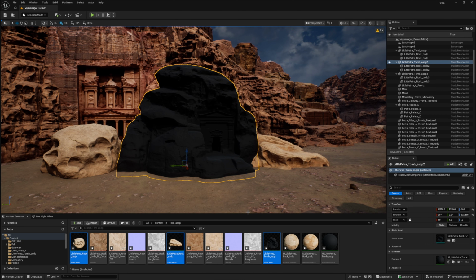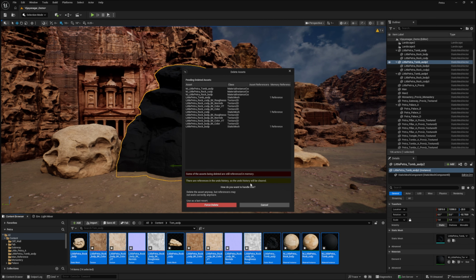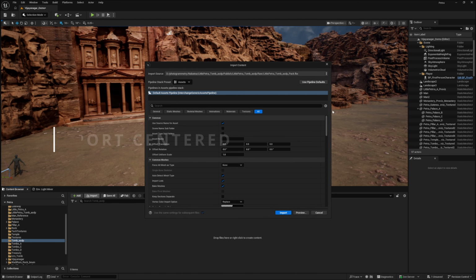All right, let's redo this. I'm going to delete all of these, and we re-import. Let's do another import, and this time we will try to get the pivot point in the center. So in order to do that, there is this button here, Bake Meshes. If you click that to off and then hit import,